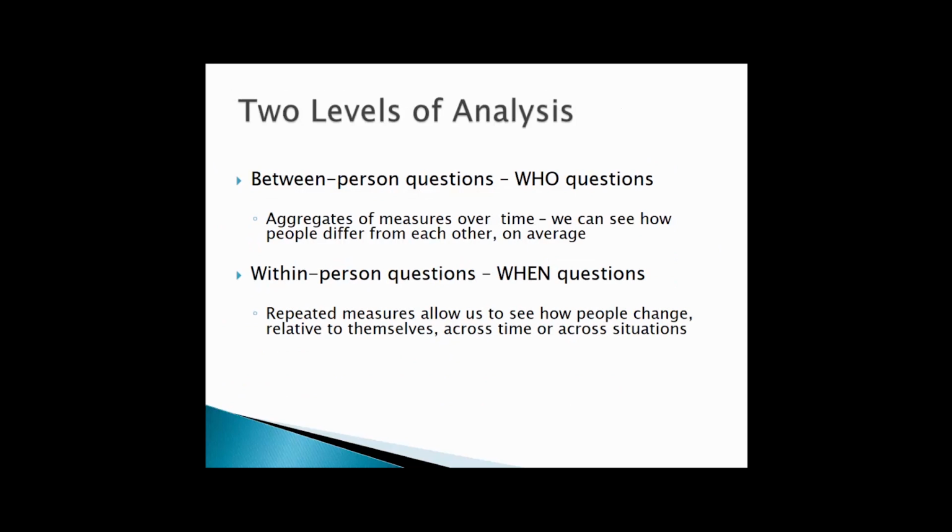So let's talk a little bit more about between and within. As I've hinted at, we have at least 2 levels of analysis in a multi-level model. We can have more than 2, but typically we split it into 2 types when we're dealing with multi-level models with intensive longitudinal data. We can ask between-person questions or who questions. Here we're testing differences between people on average, and we can ask, are people who engage in a lot of smoking at greater risk for some sort of adverse outcome related to that? So the comparison there is who, a person against another, and we can do these sorts of comparisons through aggregates